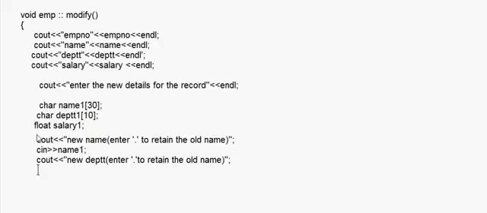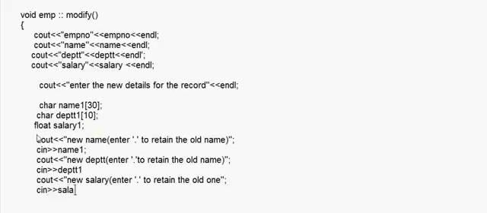Right, now cin DEPTT1, then cout new salary, enter to retain the old one, cin salary, done.